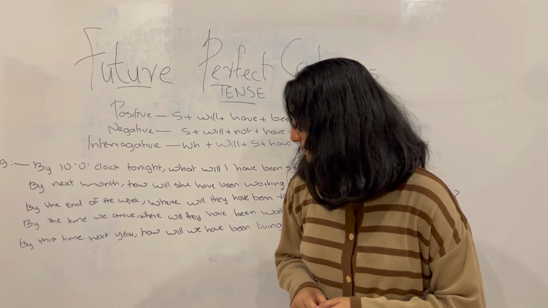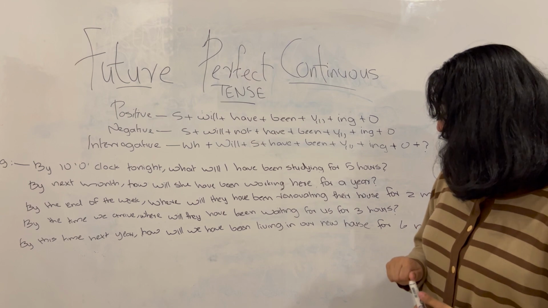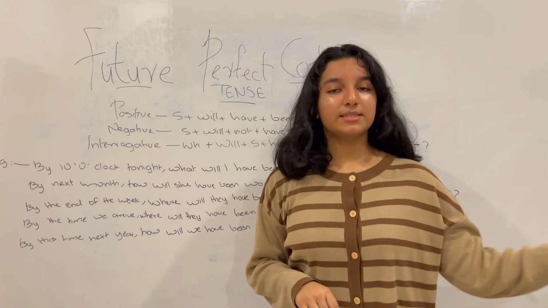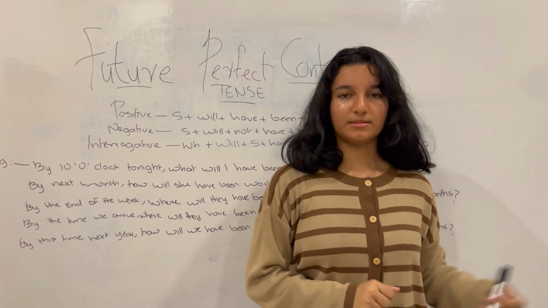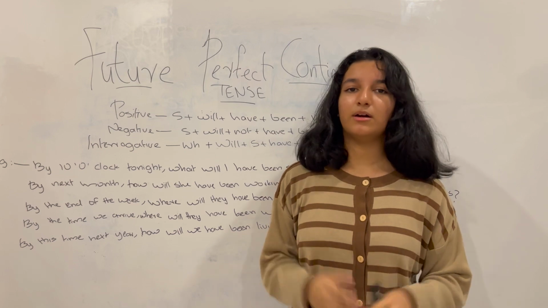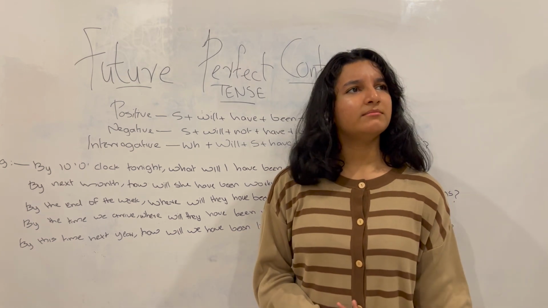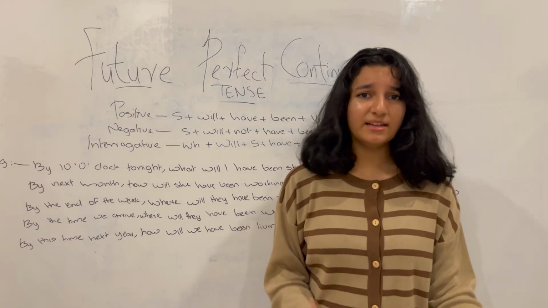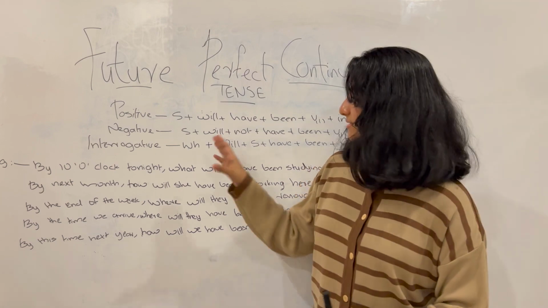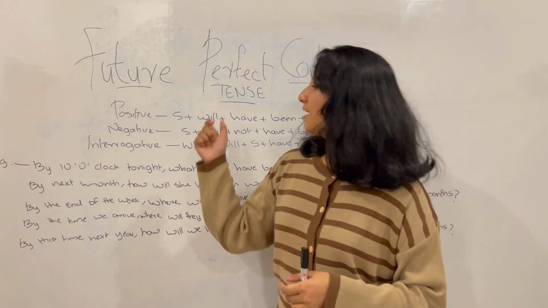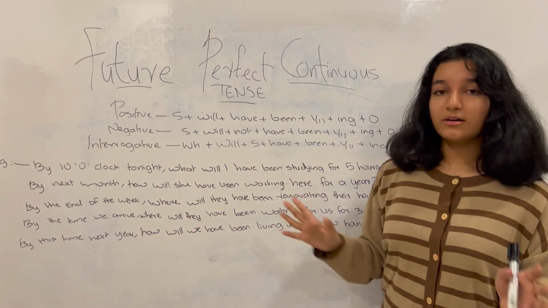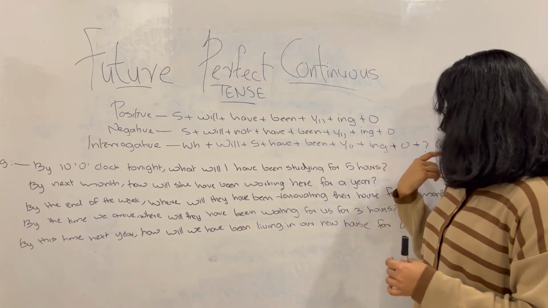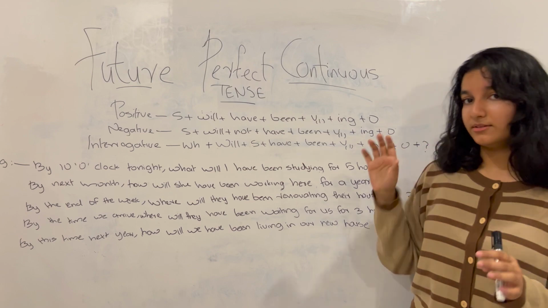So now next one, you can see, by this time next year, how will we have been living in our new house for 6 months? Now by this time next year, for when it reaches 6 months, how will we have been living in our new house? Will it have been comfortable, uncomfortable, stuff like that? It's more specified in how it's asking the question, as you can see here with all 5 of these. And that is all. Also, the format is the exact same, just the WH added. And also, of course, we cannot forget the question mark is still there.